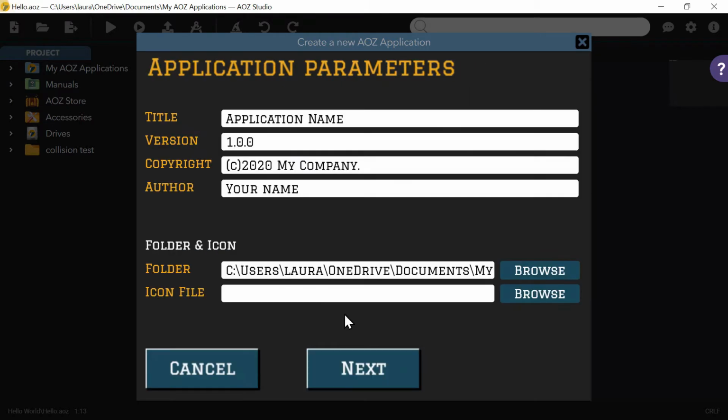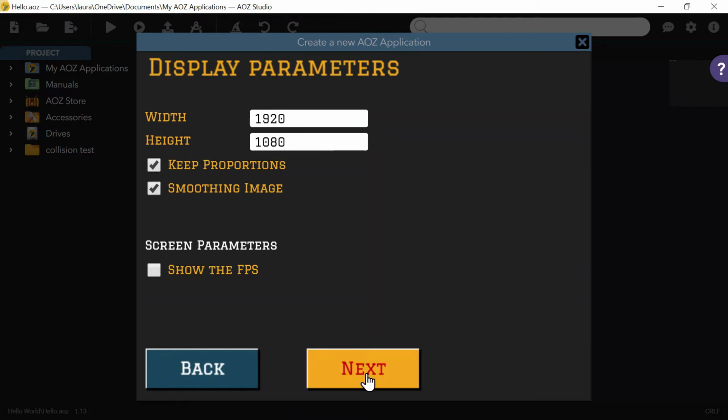When creating a new project, you can customize it to your preference. Here I'm changing its name to Hello. I'm going to keep the resolution as it is, as I like the nice full HD sharpness, but if your computer isn't powerful enough, setting it to 1280 by 720 pixels will require less processing power and will still look good. By selecting this box, I can keep my display proportions, which will maintain the chosen aspect ratio regardless of